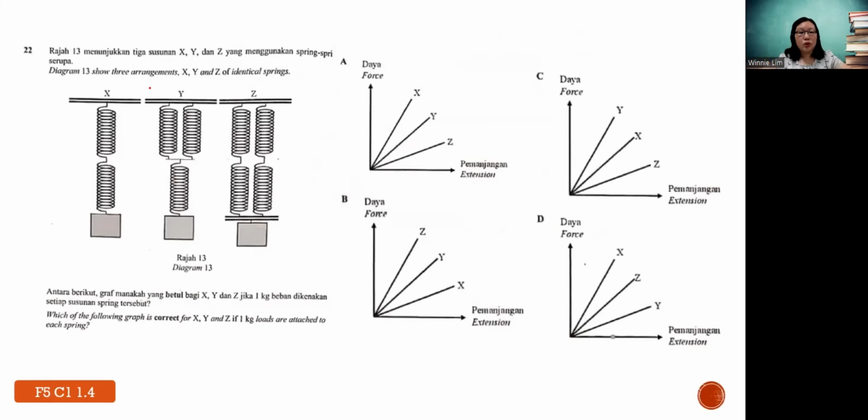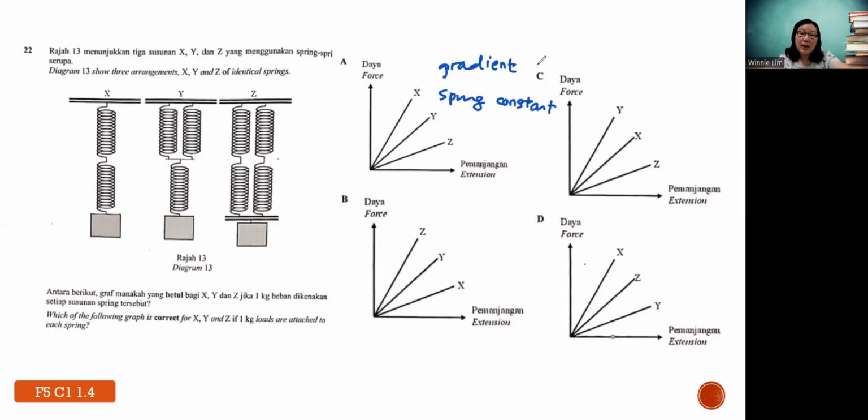Question 22: Diagram 13 shows three arrangements X, Y, and Z of identical springs. Which of the following graphs is correct for X, Y, and Z if 1 kg loads are attached to each spring? Okay, so this is force versus extension. And what does the gradient of this graph represent? The gradient represents the spring